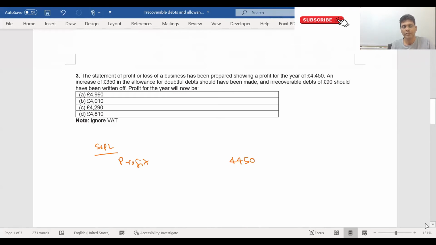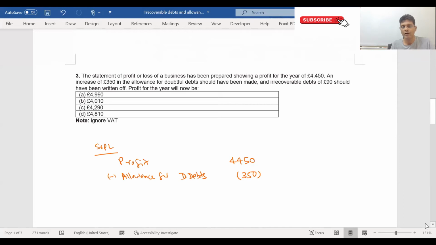An increase of 350 in allowance for doubtful debts should have been made. Okay, increase in allowances will reduce the profit. Allowance for doubtful debts, an increase in allowance for doubtful debts will reduce the profit, and also